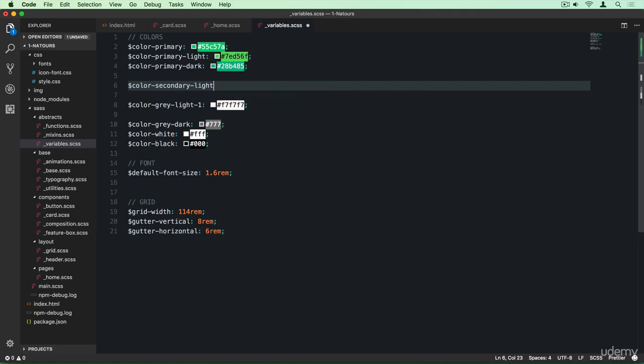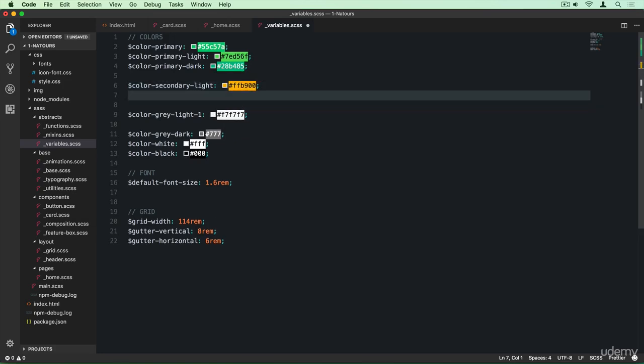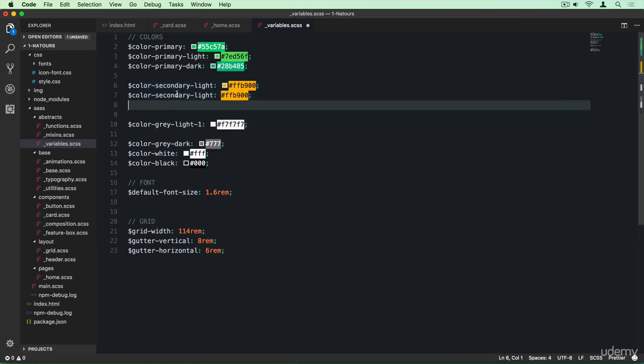And then light. So it's a light version first. And the color here is #FFB900. So I'm missing the hash here. All right. So I got all of these colors here by getting some inspiration from other websites and other web